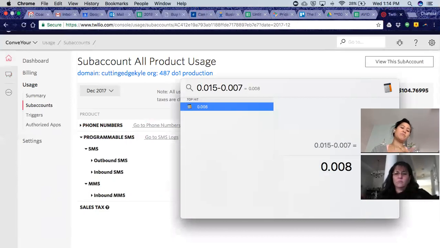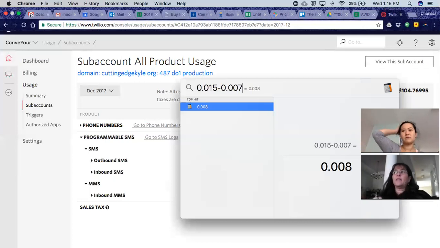So we still have to pay a remaining 8 cents to Conveyour to use their service. They price hiked it. What it costs us per text is 1.5 cents. That's our agreement. Half of that cost really comes from Twilio. The other half is what Conveyour makes out of it.